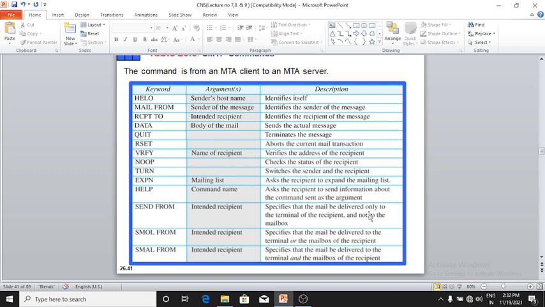The first column is for the keyword, the second is for the argument, and the third is for the description. Okay.